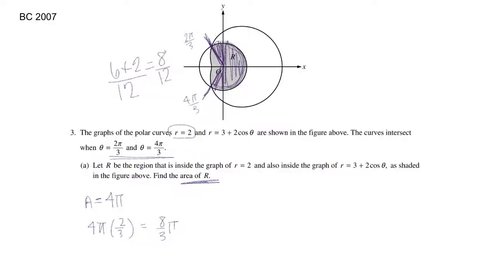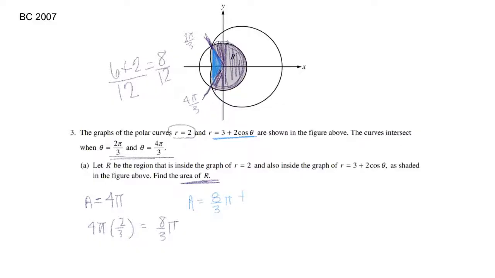Now to get this other part of the circle, which is really where we're going to use another formula, and that's this portion here, that's the bounded region of this. So the next part, and I would just go ahead and write all of this together, it is a calculator part. So my final area would be 8/3 pi